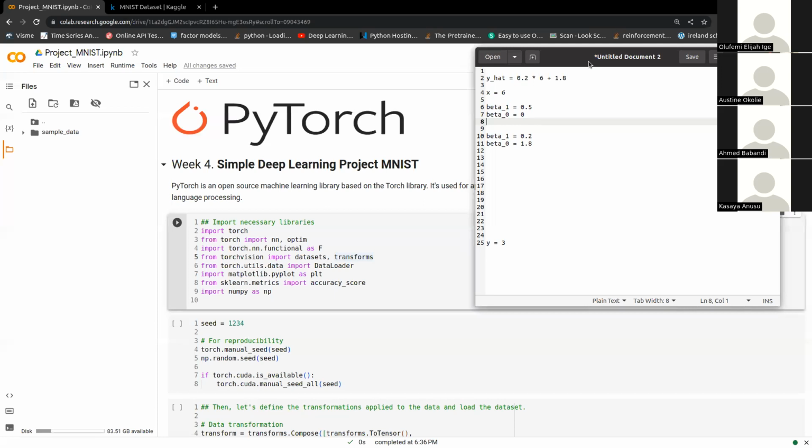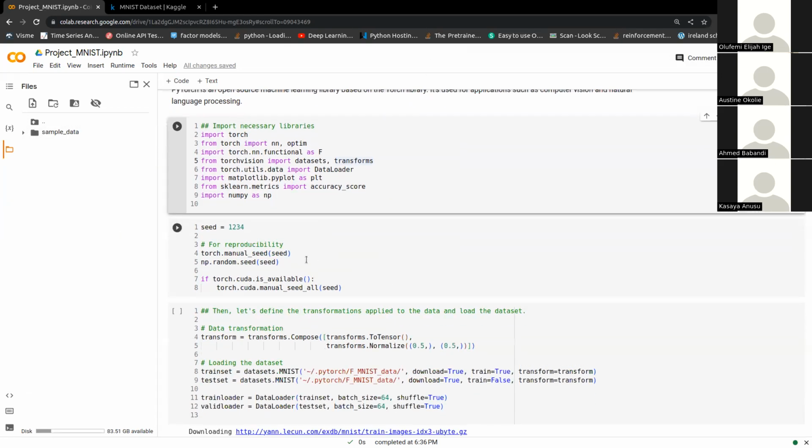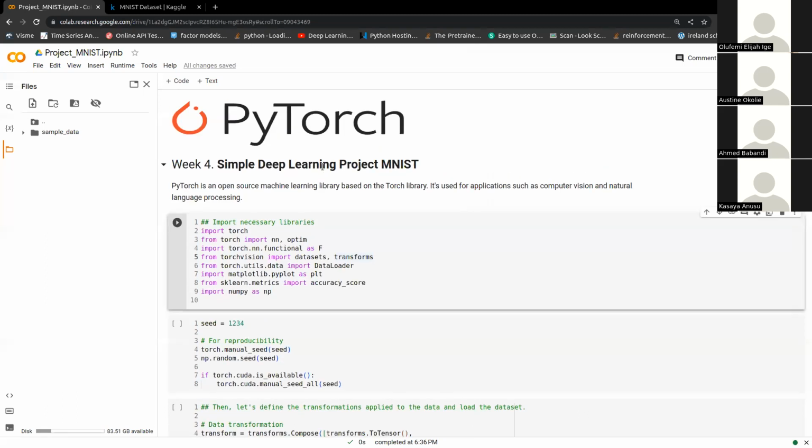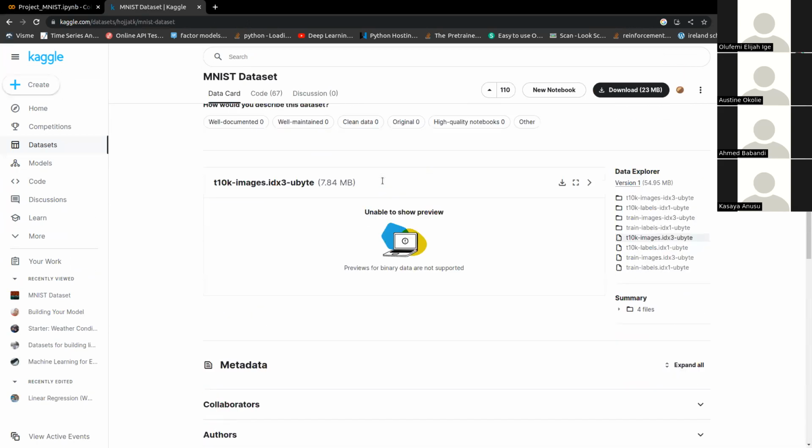And I explained the last time, when you work with models, you try to do a forward pass, backward pass, right? And yeah. So today, we would do a project called the MNIST dataset. And the MNIST dataset is just